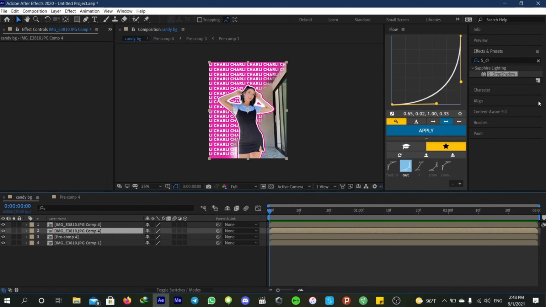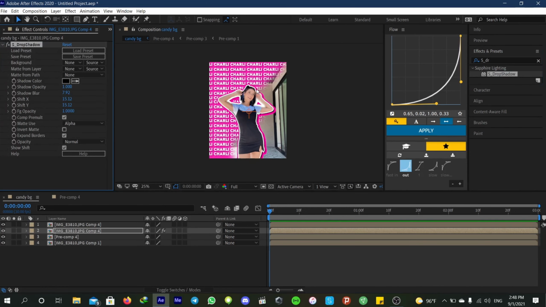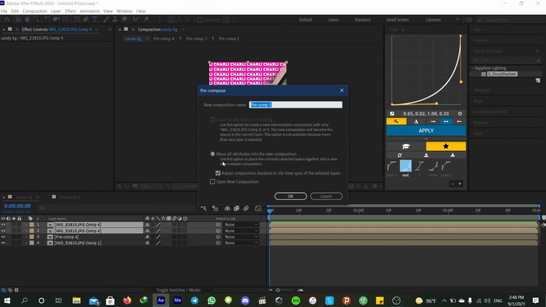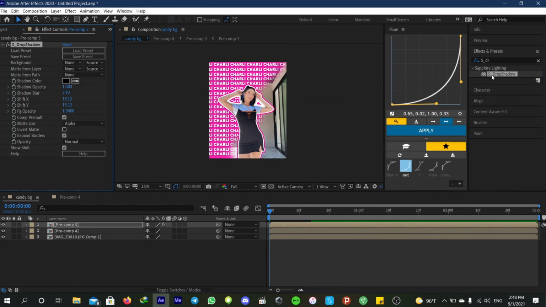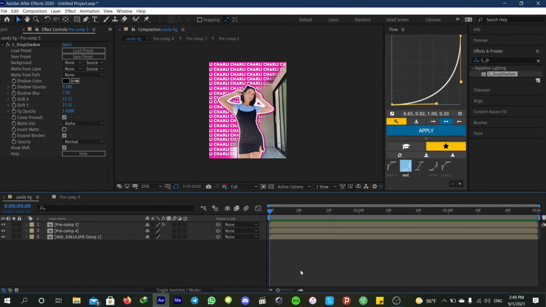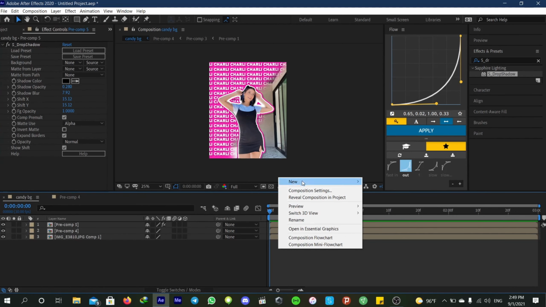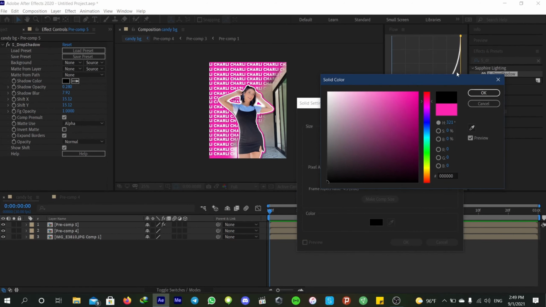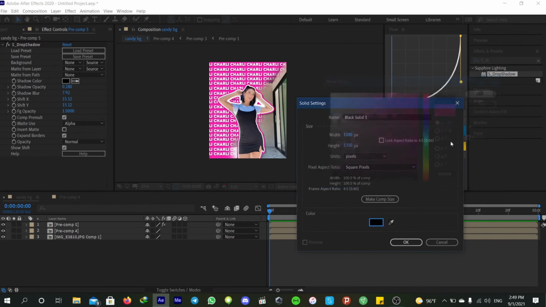Alright, also you can add drop shadow to it after you pre-compose it again, and then add drop shadow to it. Okay, and now for the last part, and make another solid layer,